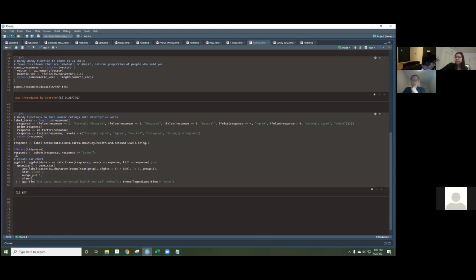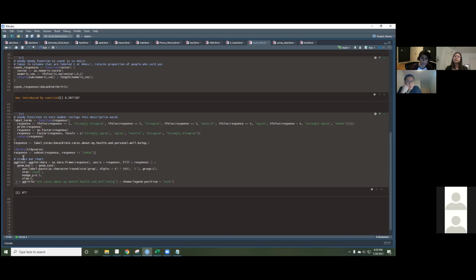Last thing we're going to do for now is we're going to create a bar chart. So why would you want to create a bar chart? Well, bar charts are nice because they're a quick way of telling us proportions. So if you see one bar that's twice as big as the other, then we know that there are about 2 times as many responses on one versus the other. So it's a nice way of getting